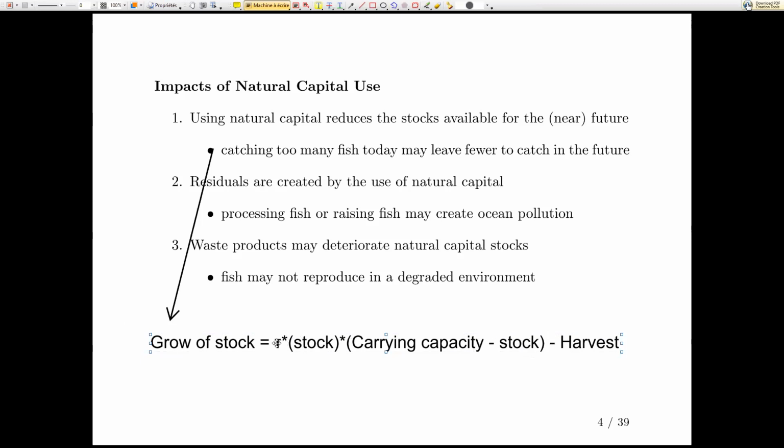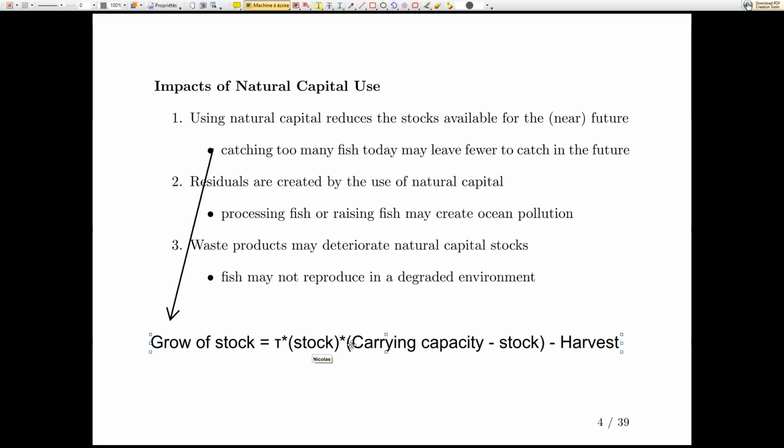And how do we understand this? Well, how fast is the stock going to grow? If I have fish, how many new fish are going to appear? If I start with a very large ocean and very few fish, then they have lots of room to grow into. So the growth will be proportional to the stock of fish. If I have 4 fish, the population is going to grow twice as fast as if I only have 2 fish, because it's exponential: more fish, more offspring.